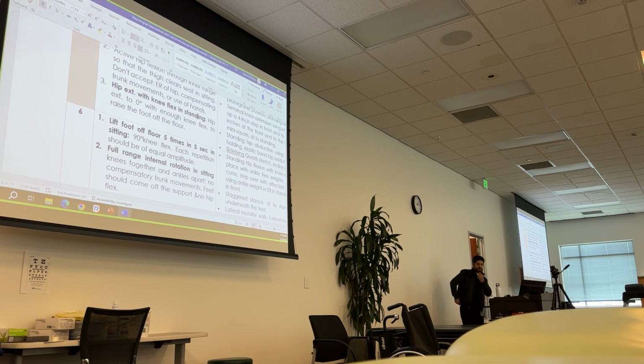So standing with the hip extended and the knee flexed. This is typical of a stage 5. Stage 6,